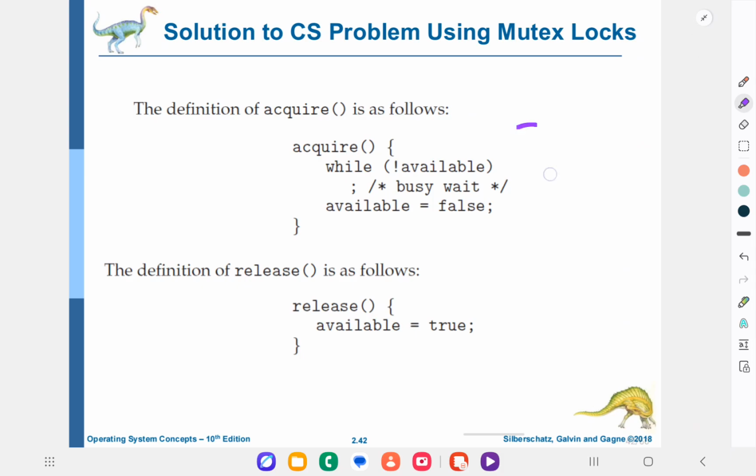So this is what acquire and release look like. Release is simply setting available to true again. This means that I'm done executing the critical section and I'm releasing the lock, making it available again. Now for acquiring, as we said, you're simply checking for the availability of the lock. As long as it's not